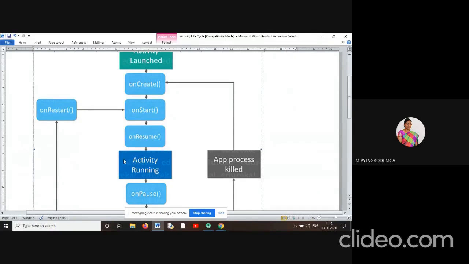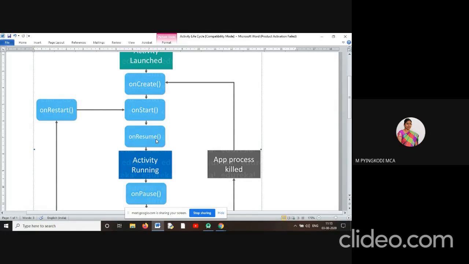Coming to the onResume method, after onResume our activity is in the running state. In this method, the activity can be used by the user.